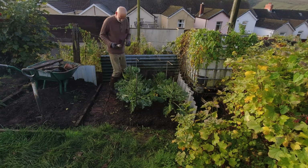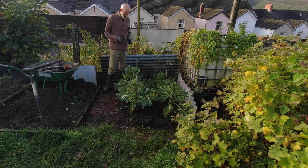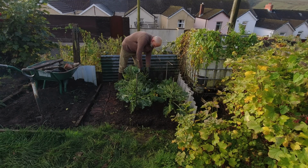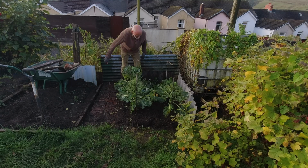You're probably thinking, as I am, that this looks a lot better without that cage around it. Of course, the cage wasn't put on there for sprouts. It was put on there for strawberries, which at the time needed protection from the birds, and it stayed. So yeah, that's what happens. You change your mind about what you're going to grow and the structure that you've created around it becomes irrelevant